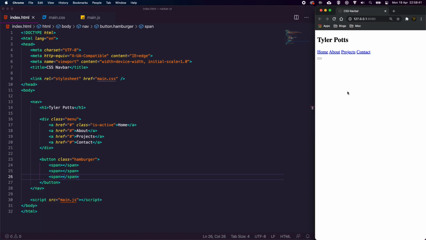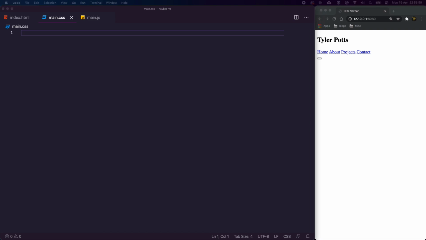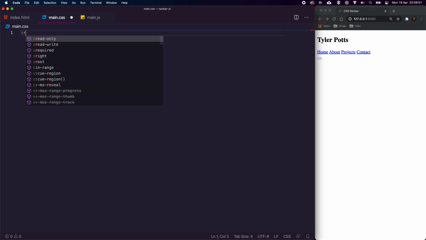Now there should be no CSS. There you go, it was just caching it from the old one. So there you go. So we now have this very broken looking HTML page over on the right. So what we're going to do is, this is all the markup we need, by the way. So we're going to head over into our main.css here, and we're going to start off by writing some CSS